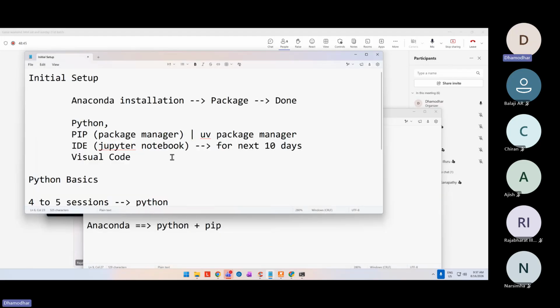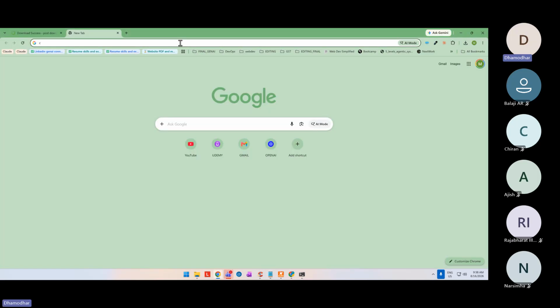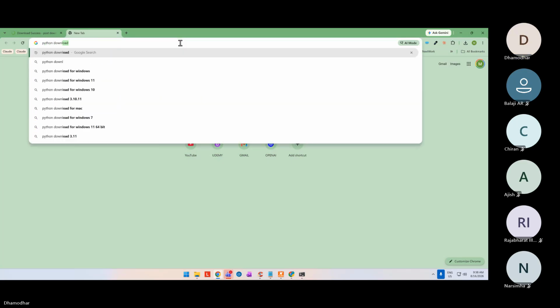So Anaconda comes with Python plus pip, and then it comes with basic packages also. I mean, basic libraries also pre-installed. Some of the basic libraries, you don't require to install. The other alternative is, if you haven't preferred Anaconda, then you need to go to the Python official website,